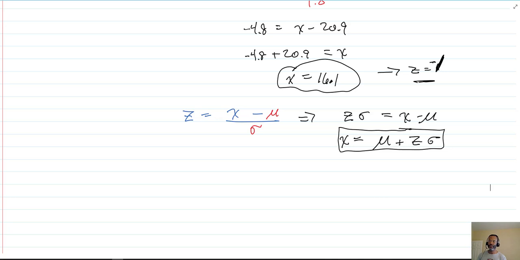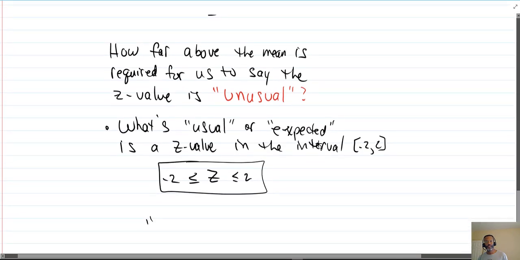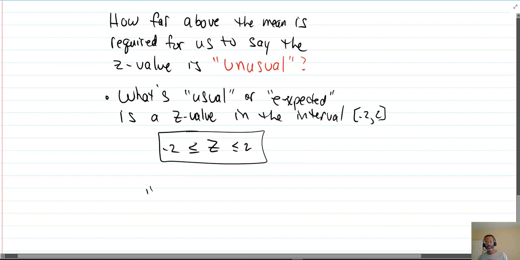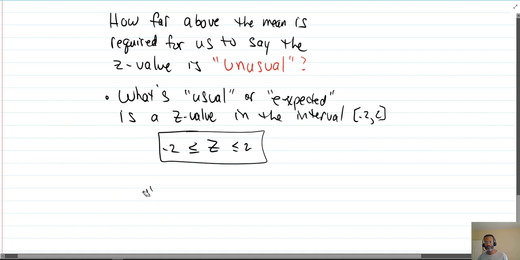If you get a z-value that's greater than 2 or less than -2, then that is highly unusual. So how far above the mean does a score need to be for us to say that the z-value is unusual? Well, what's usual is anything within the interval -2 to 2. Those will generally not be surprising values. But if someone has a score that's beyond that,